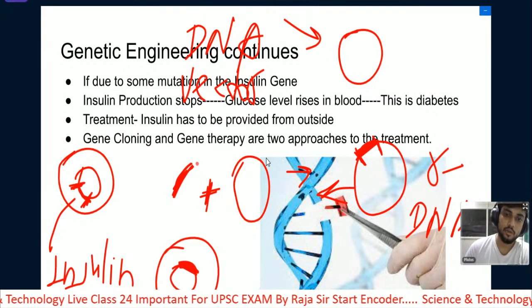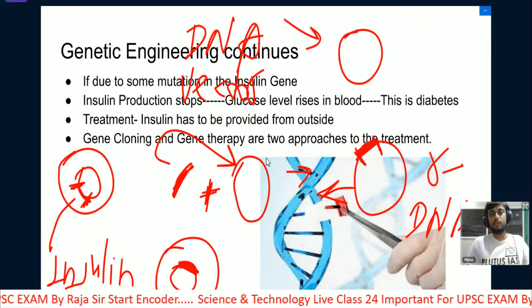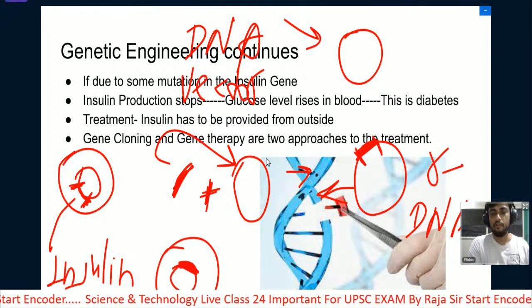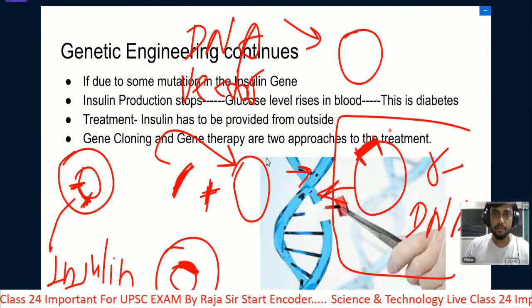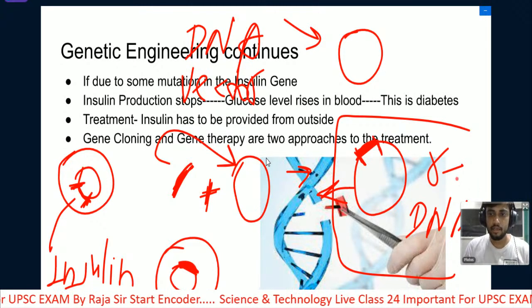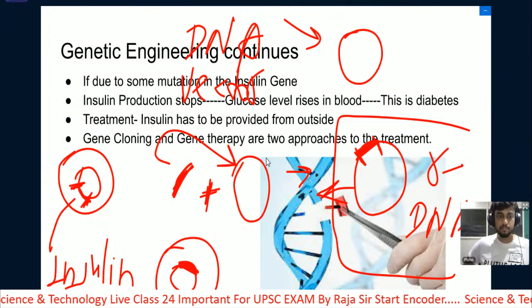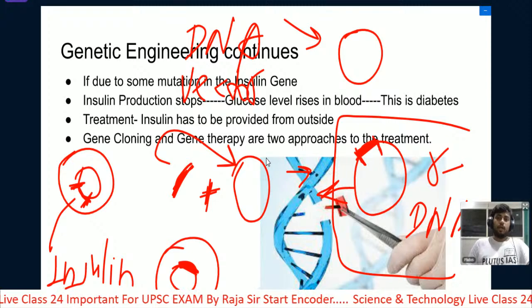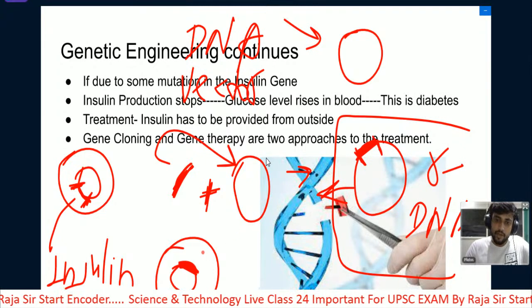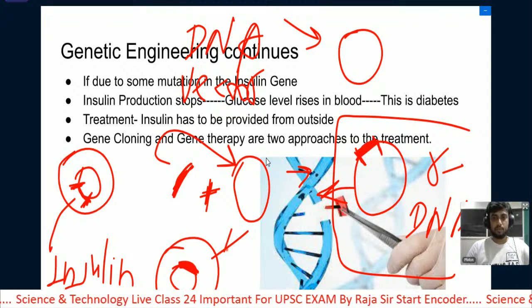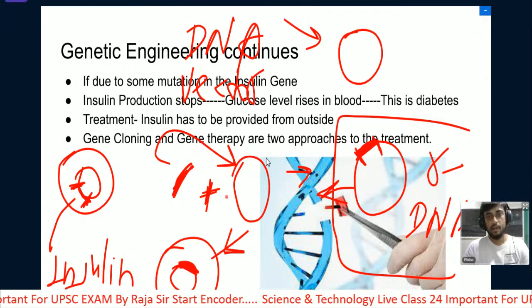Yes, the insulin gene, we have superimposed over the bacterial DNA of the vector DNA. Okay Disha, so the insulin gene we have taken from a normal person, a healthy person. We have superimposed it over the bacterial DNA, and this recombinant DNA is basically the insulin plus the vector DNA. Insulin plus vector DNA is the rDNA. Okay, now we have put back this rDNA containing the insulin gene, plus the bacterial DNA, inside the bacterial cell. We put this genetic material, the rDNA, back into the bacterial cell.